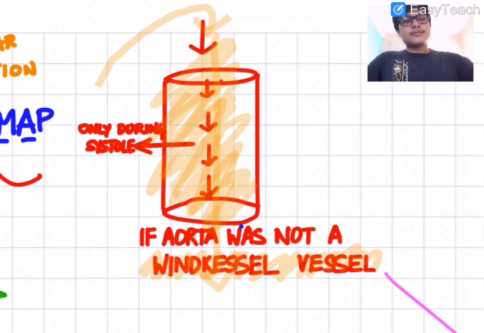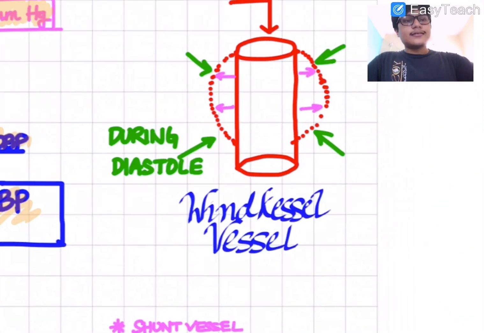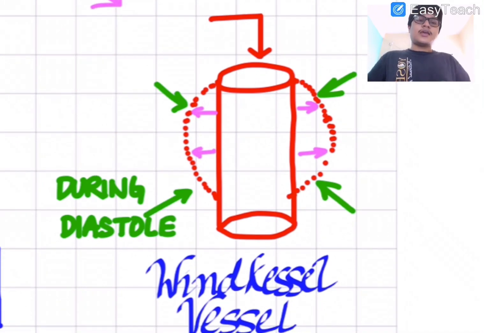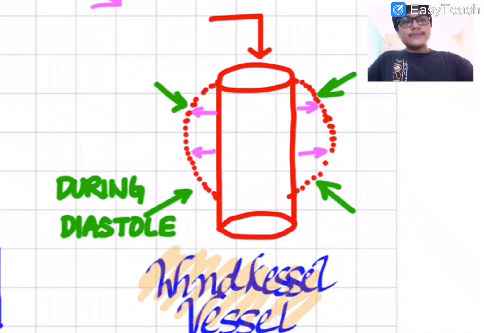To prevent this, we have the concept, rather, the arteries are Windkessel in nature. What happens is that during systole, when the heart actively pumps blood into the aorta or the carotids or the femoral arteries, their walls become stretched, and during diastole, there will be active recoil or elastic recoil of the walls of these arteries, and this will further push blood through in a forward direction and ensure blood flow during diastole as well. So I hope you all understood the concept behind a Windkessel vessel.